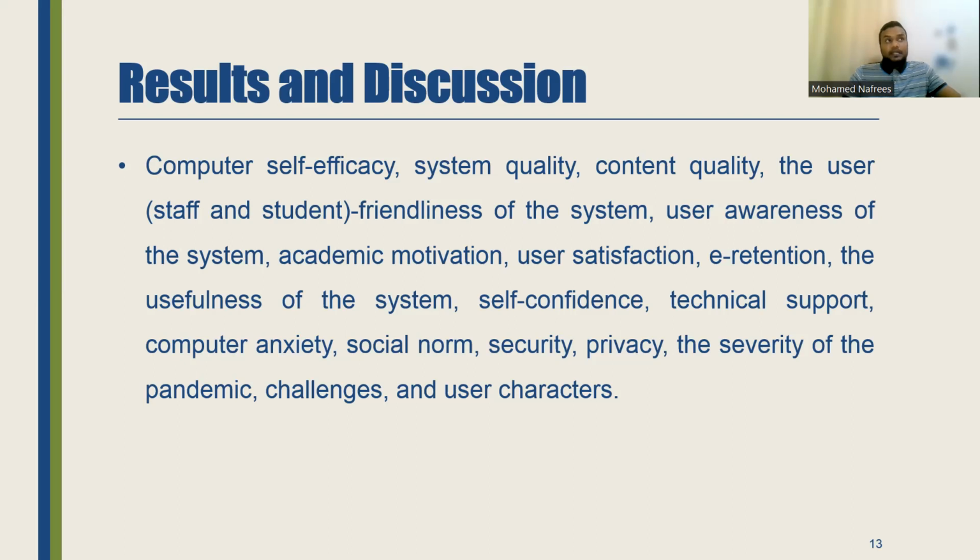For example, students participating in the class from their home are facing many challenges, for example, noises and no separate place. Likewise, staff also, if they are conducting class from their home, there is no peaceful place in the home. It is very hard to find a peaceful place. And finally, user characteristics. So these are the most careful external variables that I suggest to use in future studies.